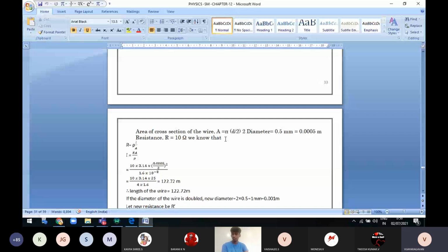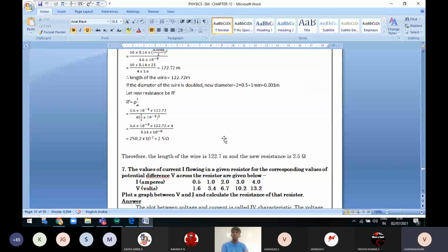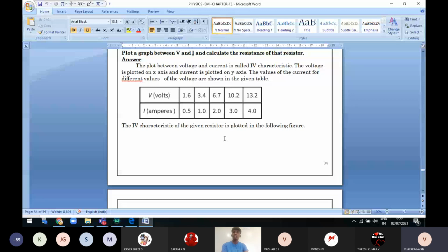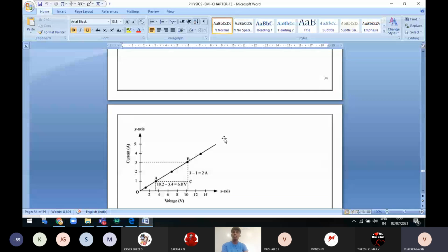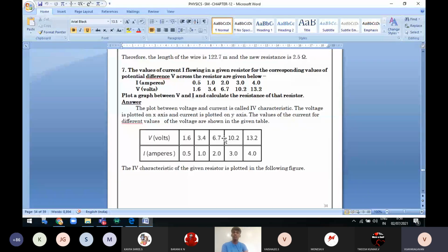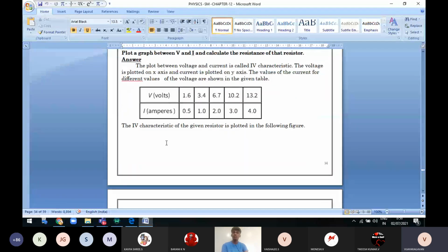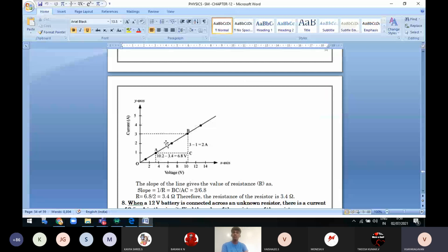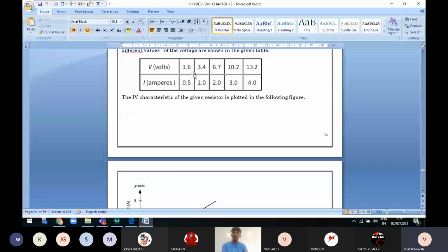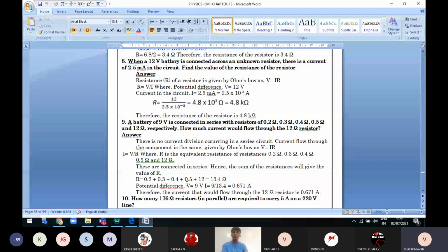See here, in the question, note these readings of voltage. Enter these values in the table, column 1.6, 3.4, 6.9. Enter them and then complete this diagram. It is in the ebook itself. Look at it, mark only these readings, and finish it. Write the conclusion and complete it, okay? Sir, this is the second activity, no, sir? I will send you the same activity completion this evening. I will share the conclusion with you.